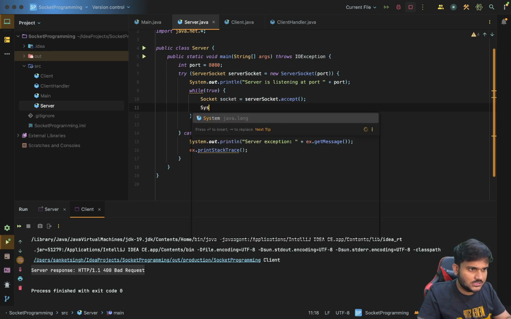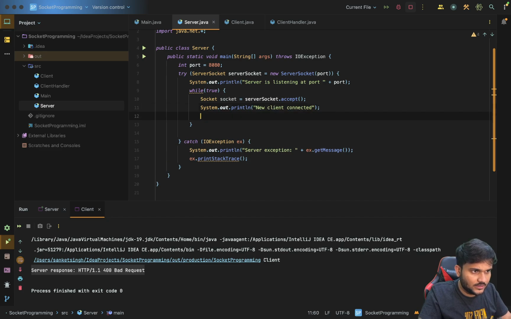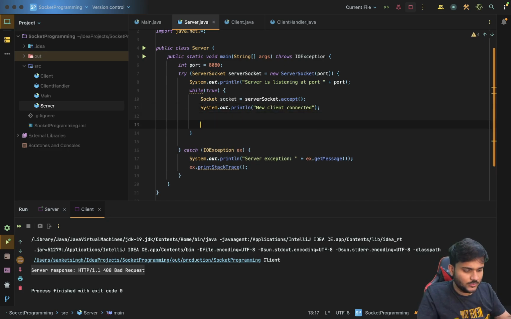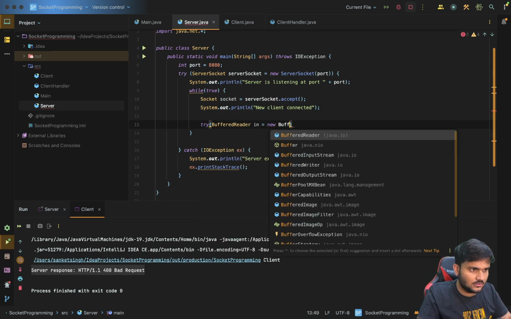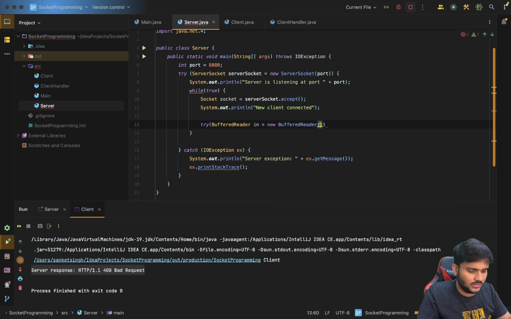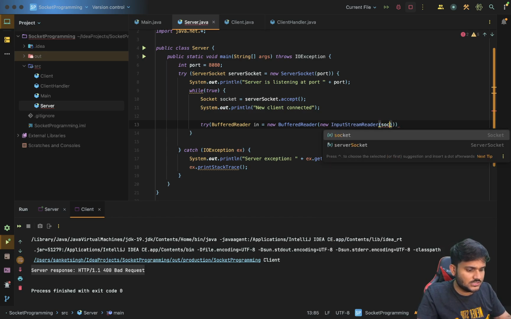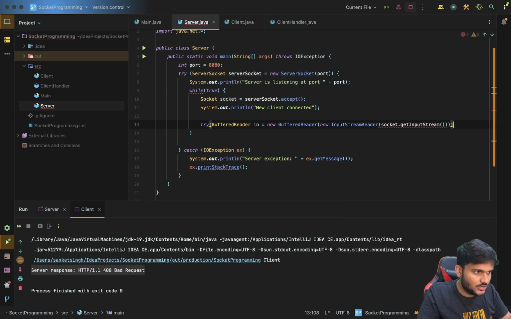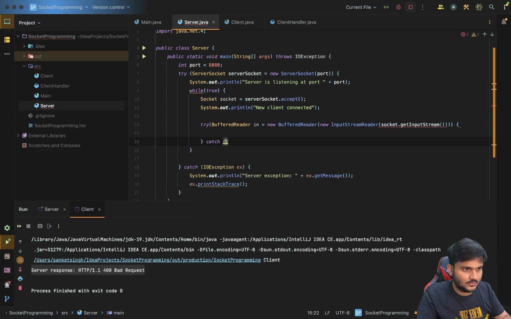We'll just say system.out.print new client connected. Okay, new client connected, and then what we will do is we'll try to read it with the same way of buffered reader, the way we are reading there, right? So this is all mainly for Java. You don't have to do it in, let's say, JavaScript or anything, right? So you can say socket dot get input stream, catch, right? We'll say IO exception